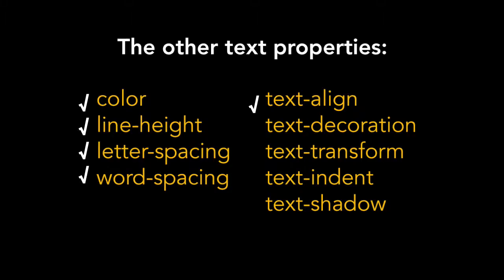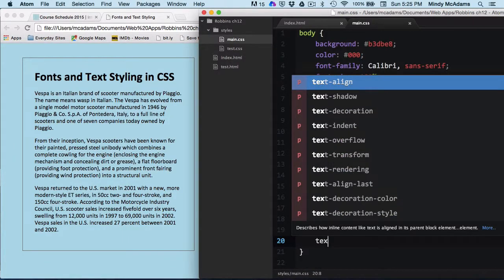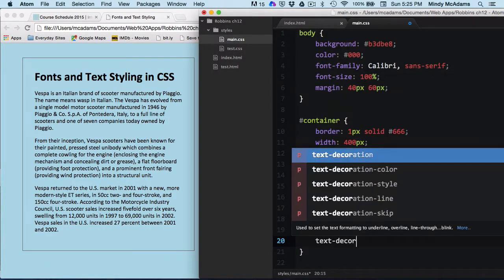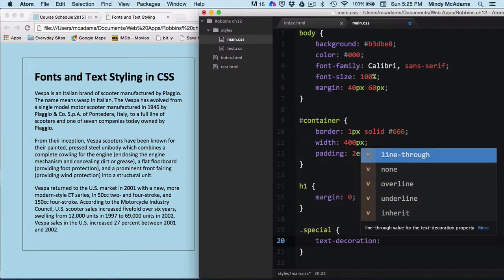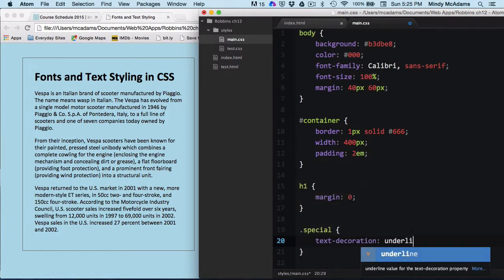Okay, we've got 4 of the text properties in CSS left, and text decoration you've already seen when we went over the pseudo classes. When you are styling links, sometimes you want to take the underline off, and for that you use text decoration. You can also use text decoration to add an underline to something. So we will add it to our special paragraph. Underline,